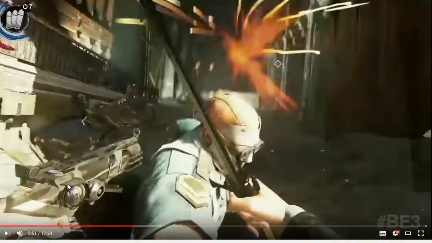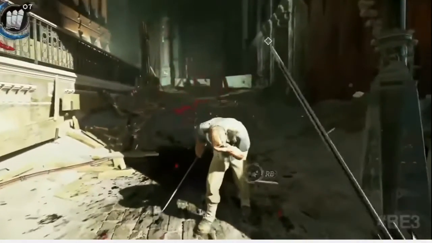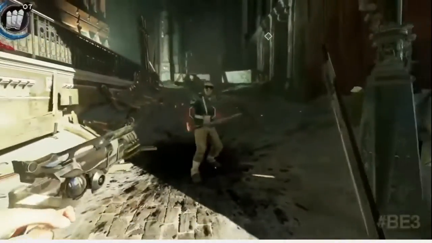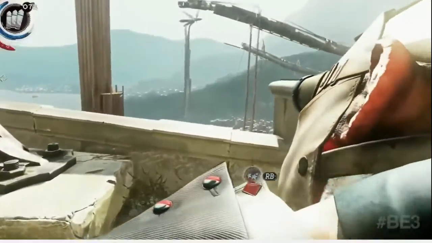Also, I believe that gun's upgraded because she shot three times really quickly and then she reloaded it really quickly, so I'm assuming that's been upgraded. Also, his mask blocked the hit there. No, it didn't. It just looked like that from the angle. Okay, never mind. This bit's funny. He tries to...